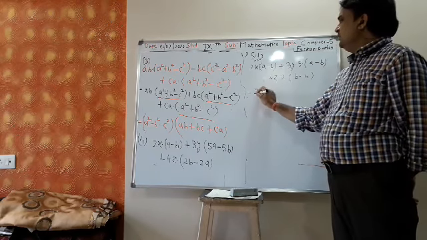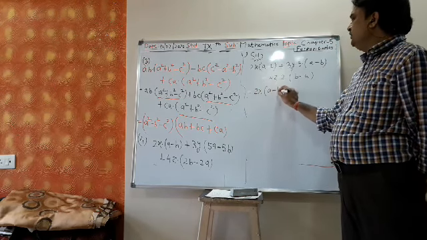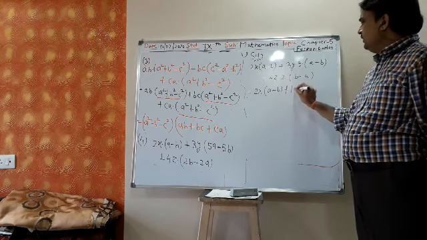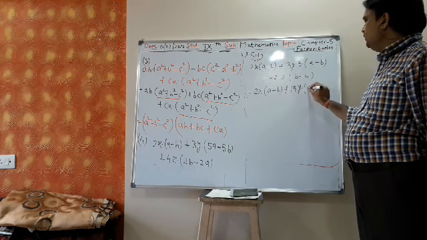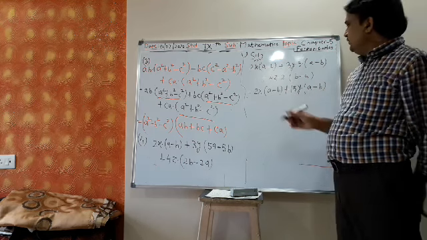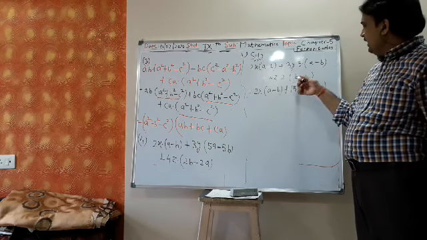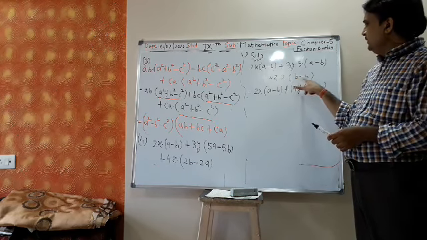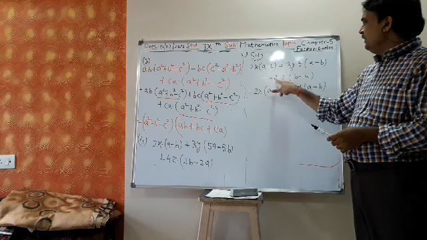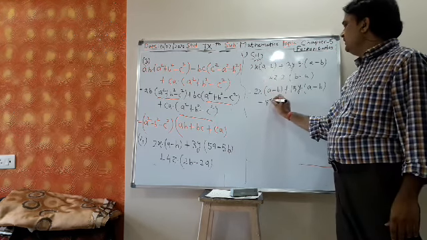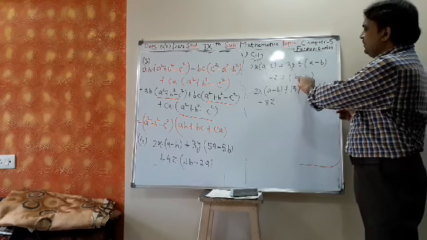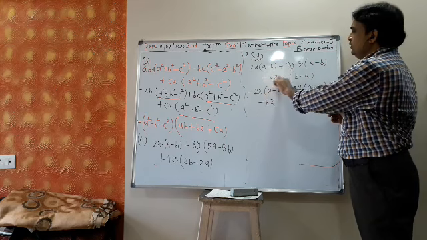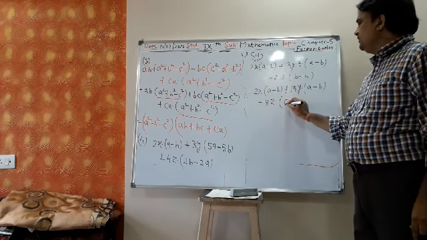So this is 2x into a minus b, 3 into 5, 15y into a minus b. Now see here, b minus a, I have to write a minus b, so the outside sign will change. It will be 4 into 2, 8, it will be minus 8z. See, b minus a, I am writing a minus b, then the outside sign changes, so plus becomes minus 4 into 2, 8z into a minus b.